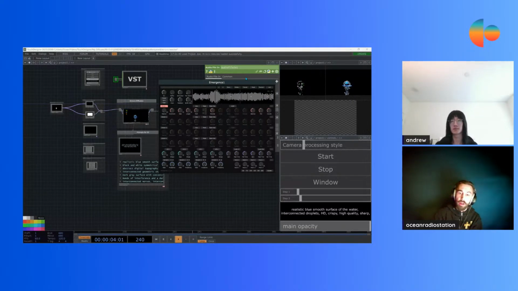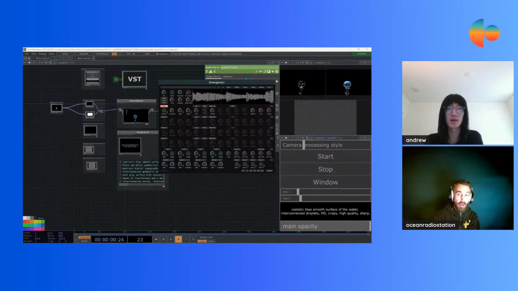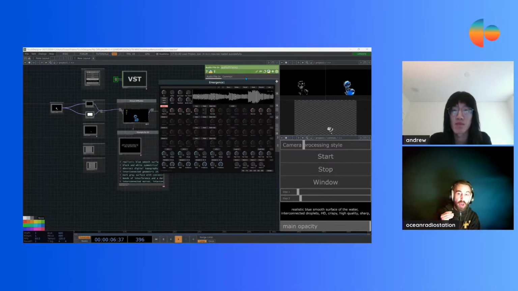It's a massive tool. You can do everything, but you need to spend a lot of time to figure out which gestures you want to use, how to map them, how to limit them, to have the output for another part of the network.